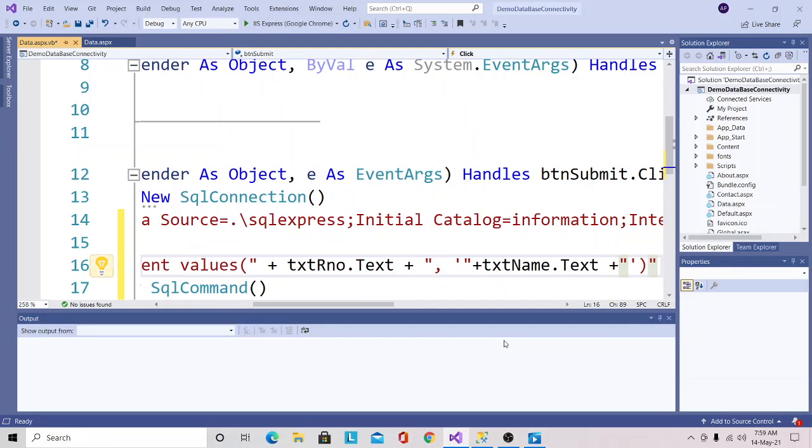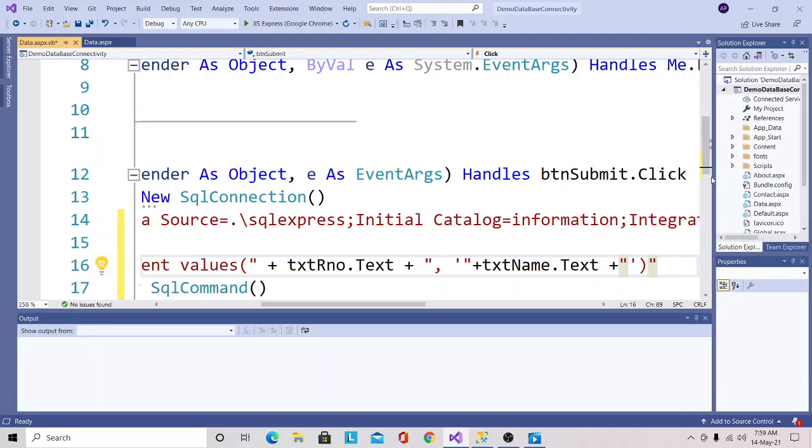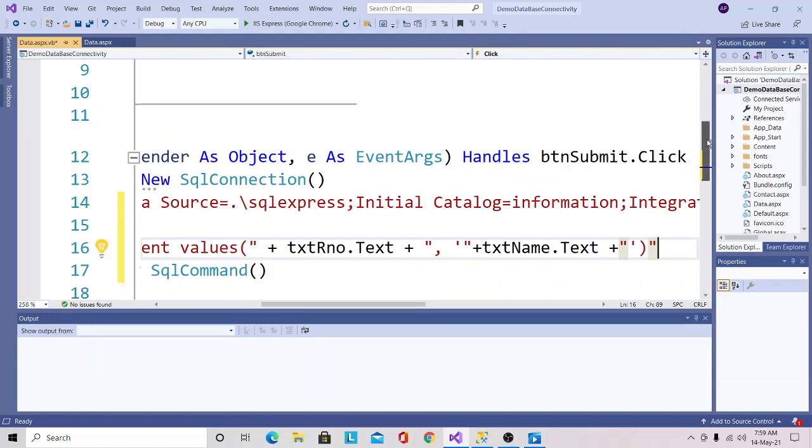In this way I have written the SQL insert query using the Visual Basic programming language to store the student information into the student table.